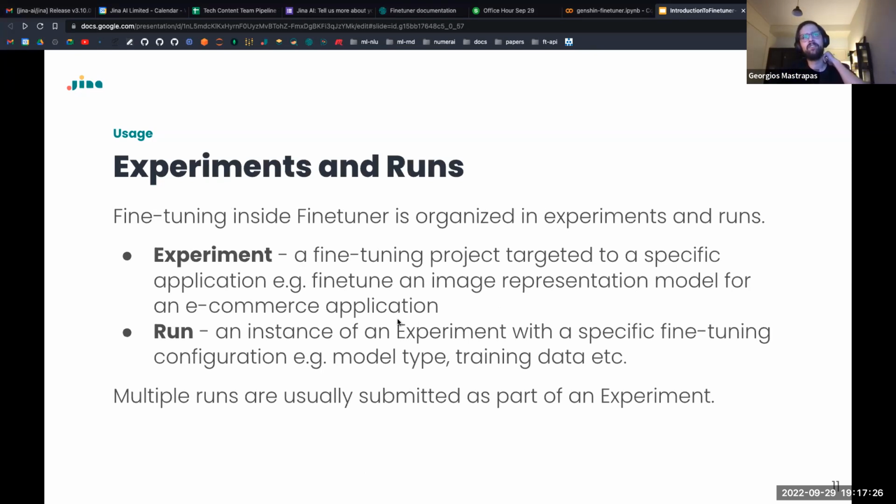And then we have some concepts around Finetuner. If you've used other training platforms, this should be very familiar. We organize the concepts in experiments and runs. Usually an experiment is like a long-term project that you work on. For example, you have a very specific application, like an image search application for an e-commerce setting or something. And so this is a long-term goal of the application that you want to build,